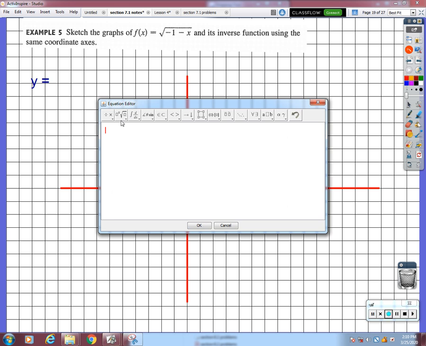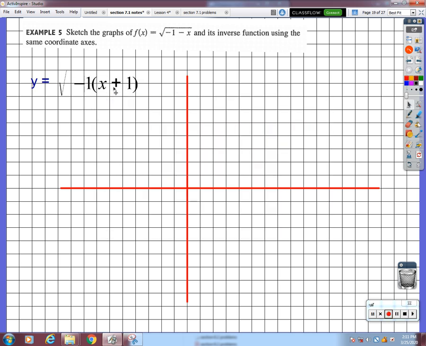Meaning that I am going to factor out a -1 because I don't like having a negative x, and I'm also going to switch these around. So I'm going to make this x plus 1, like that. You can see if I distributed the -1 there that I would end up with the same thing. -1 times x is -x, and -1 times 1 is -1. The reason I wanted to do that is because now I might be able to do this just by